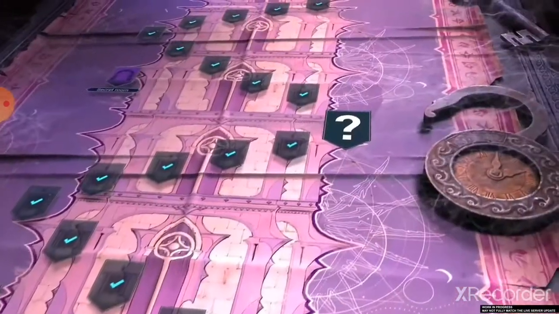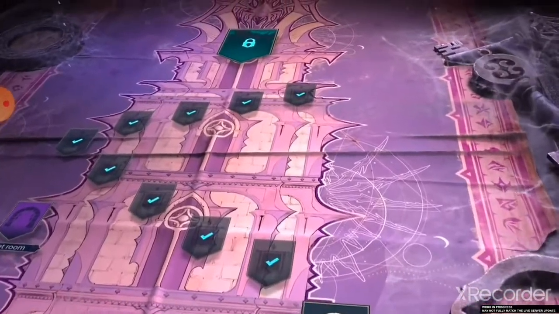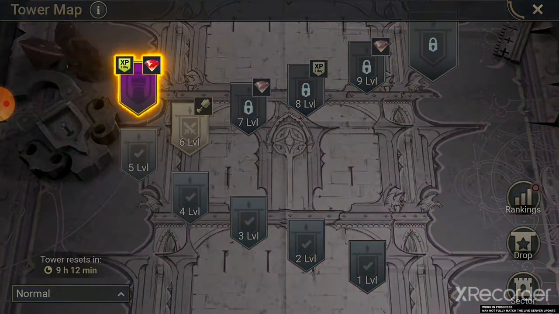There will be 120 floors in the tower, with each floor needing to be completed in order to climb to the top. Every 5 floors, you'll also gain access to a secret room. These are...